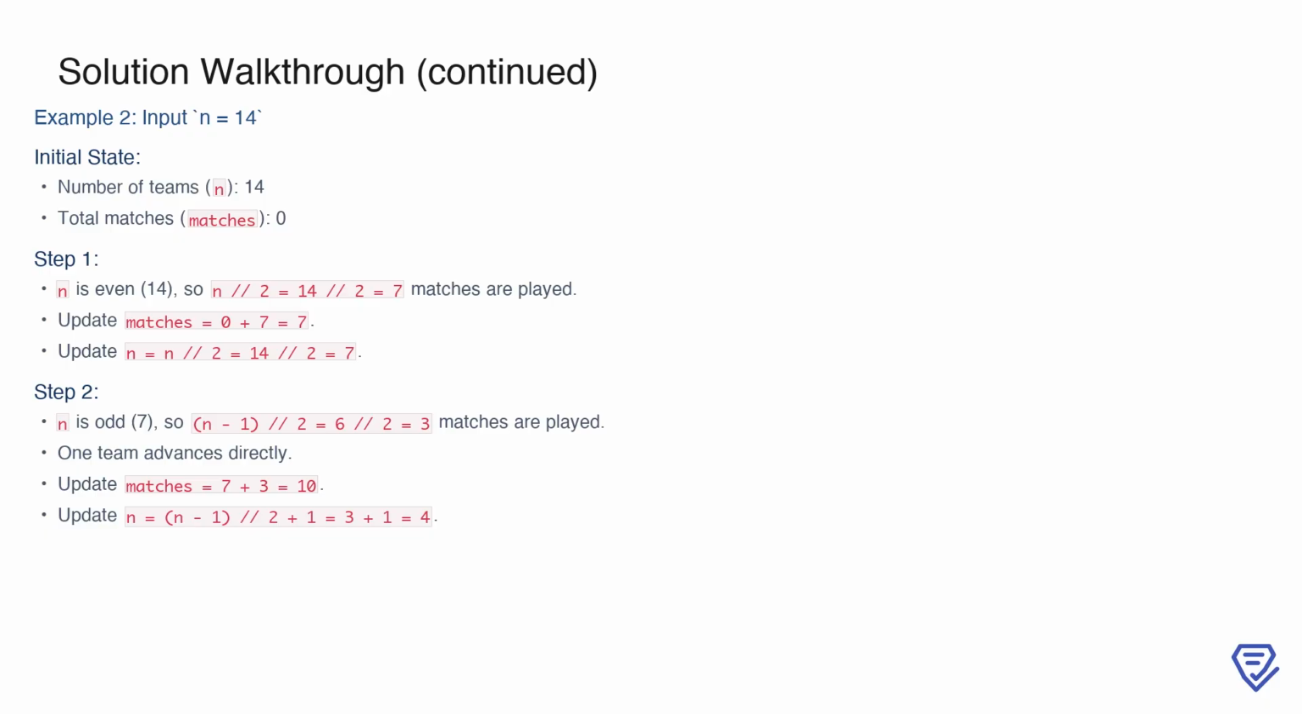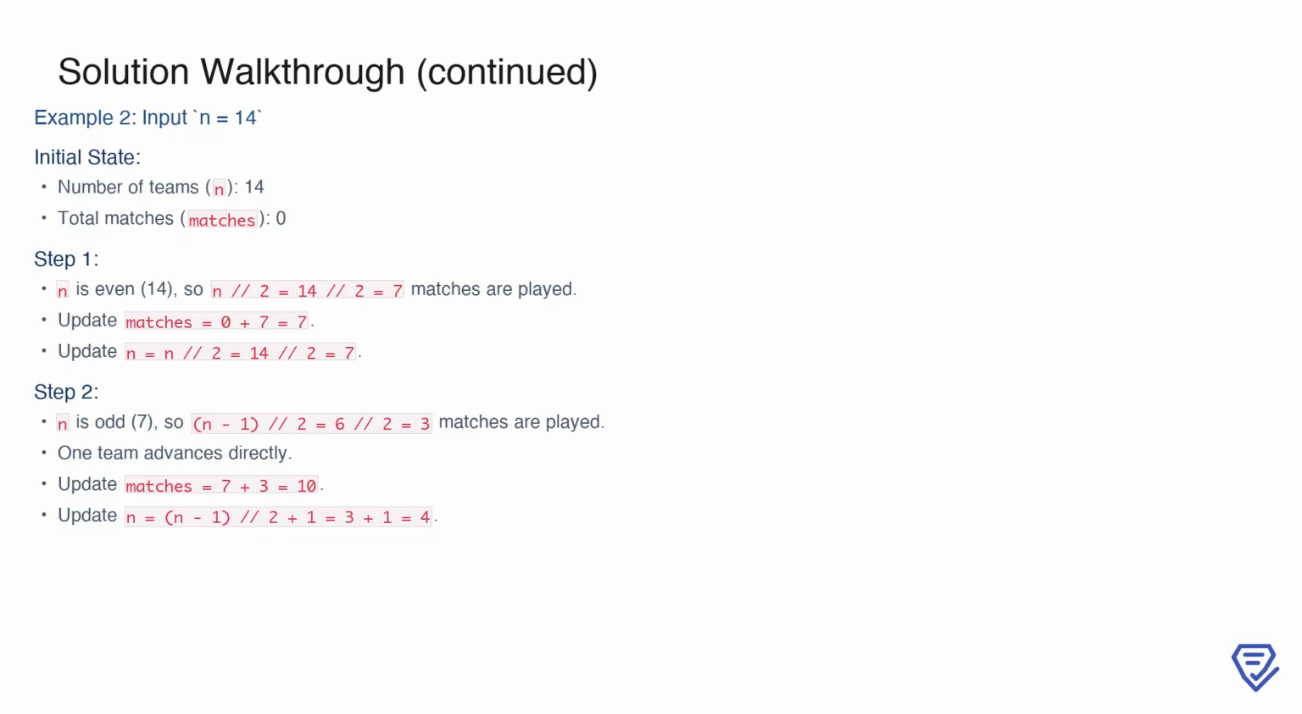Here, the initial number of teams is 14, and the total matches starts at 0. In the first step, since n is even, every team pairs up to play a match. The number of matches is calculated as n//2. With n equals 14, dividing by 2 gives us 7 matches. We update the total matches to 0 plus 7 equals 7 and the remaining number of teams to n//2, which